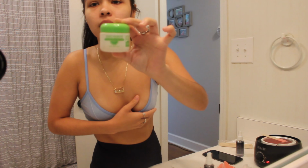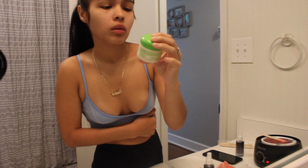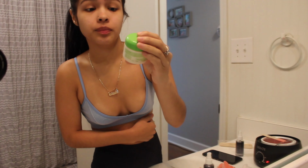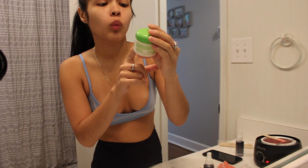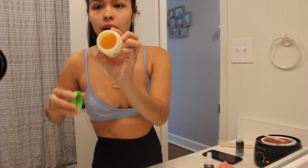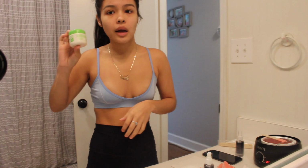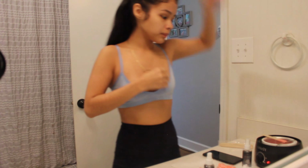So this is the gel thing that I was telling you guys about. It's called Arabella Natural Skin. It's just a gel. It's a brightening body gel, and it has lemon extract specifically for your neck, underarms, waist, and in between your legs. So my grandma actually got this for me. I think she got it in Mexico, but I believe like if you look it up on Amazon, it might be on there. So you put this overnight. I actually leave this on overnight, and it looks like this. And I feel like it did help me. I haven't used this recently, but I know in the past it has helped me, so this is really, really good. So once you feel like it's completely dry,